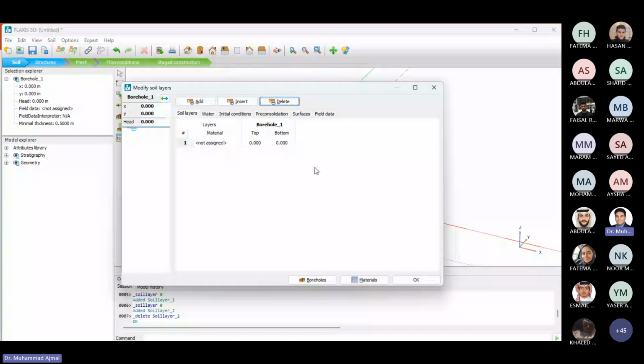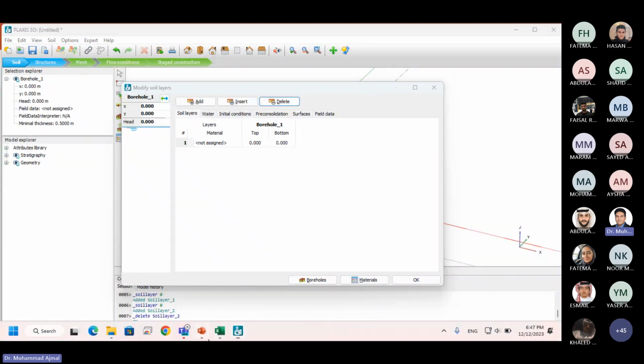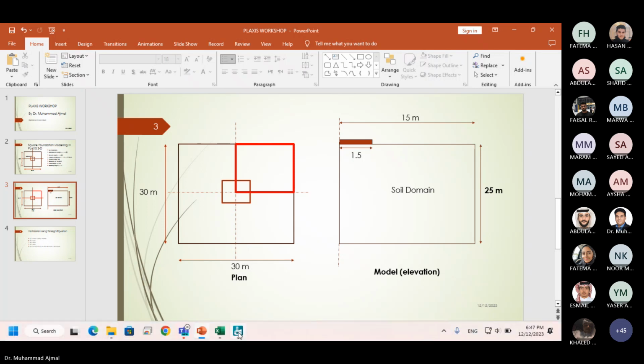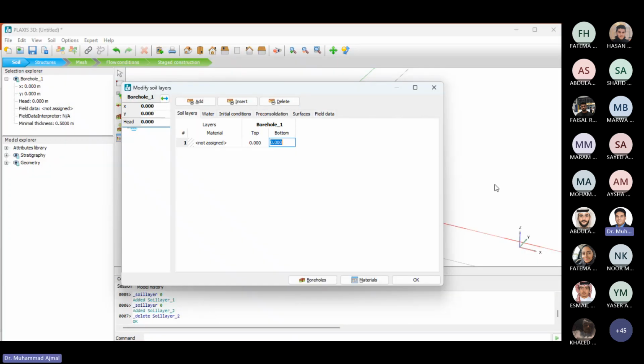Now, what is the depth we have to model in our problem? If you observe here, I'm considering a 25-meter soil profile. So I will go back to the axis. I will plug in here. So top, I'm starting from 0, and bottom of the soil, I'm taking it as 25 meter. When you click on 25 here,